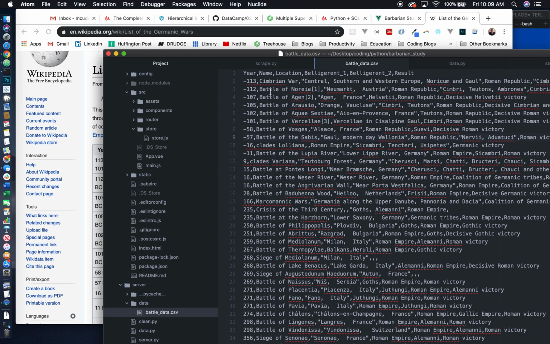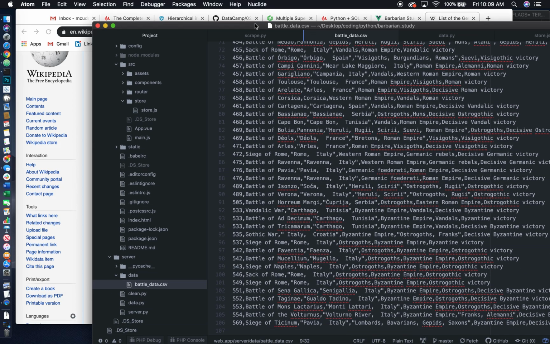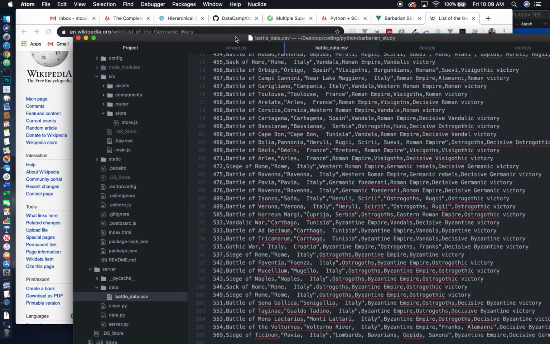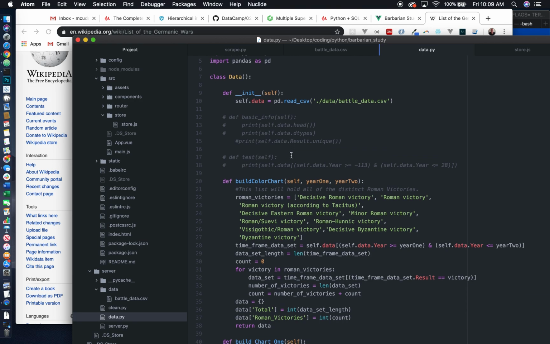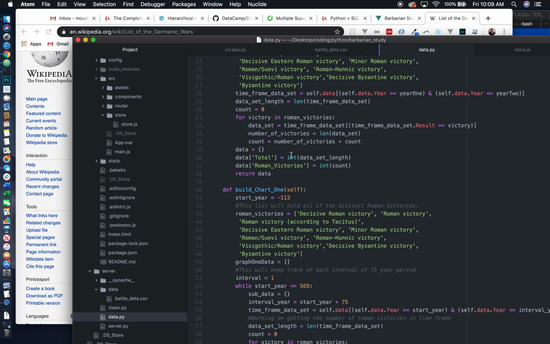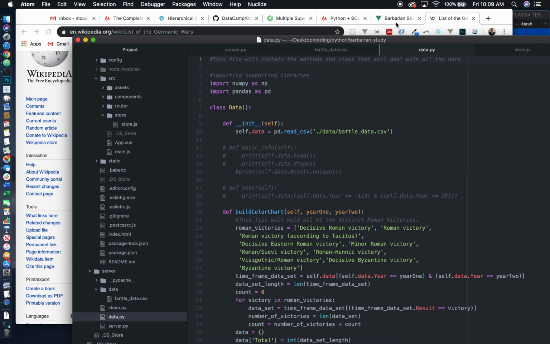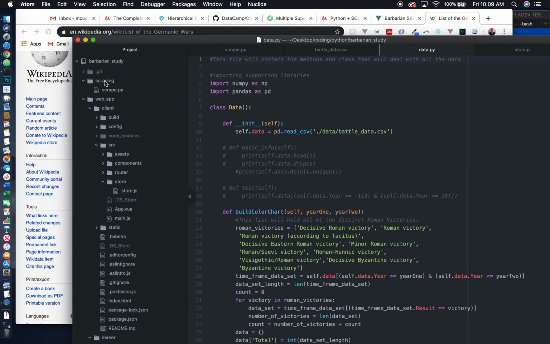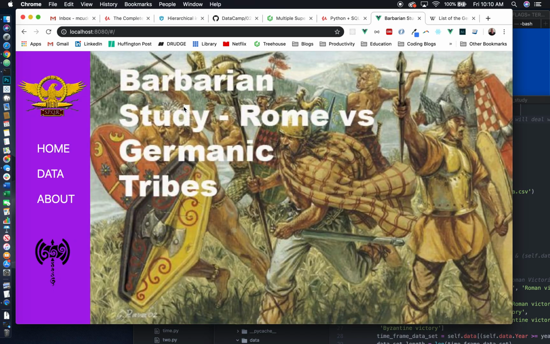So the data goes from 113 BCE all the way up to, I believe, 569 AD, or the Common Era. So once I had that, I could start to write some way to analyze the data and bring it into the project. Now if we look at the actual application, I had the scraping portion of this project, then I had the whole web app portion. Once I was done with the scraping, it would create a CSV file that I use down here. So looking at the web app,